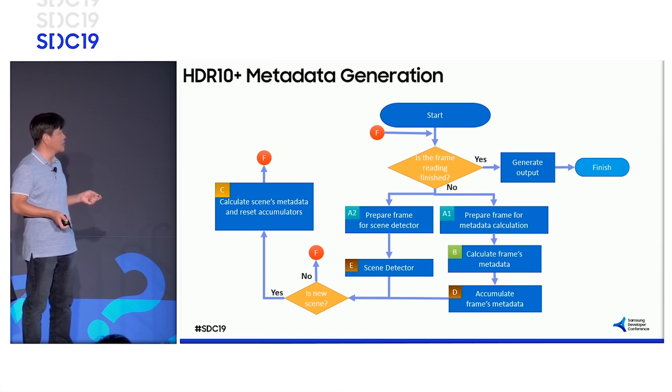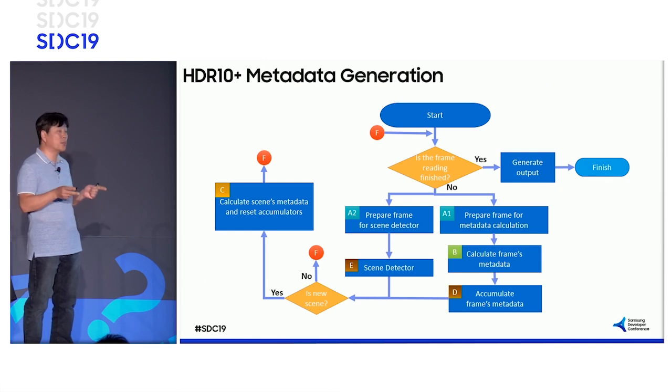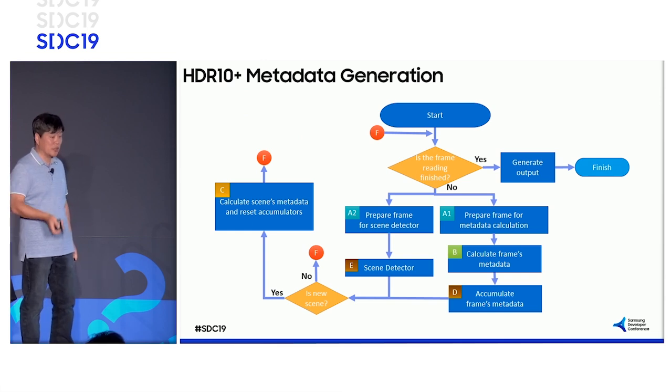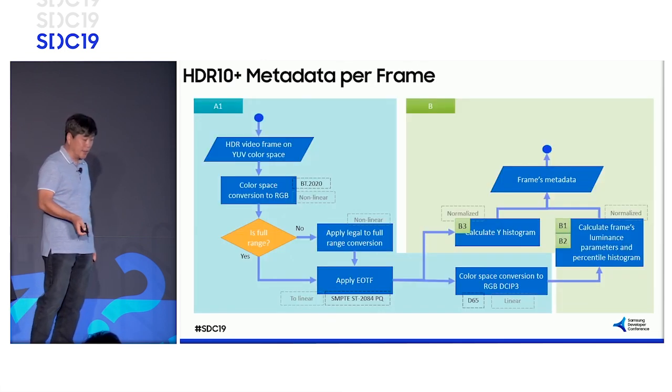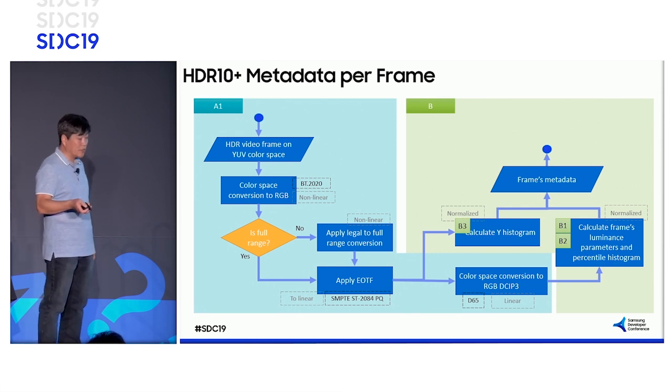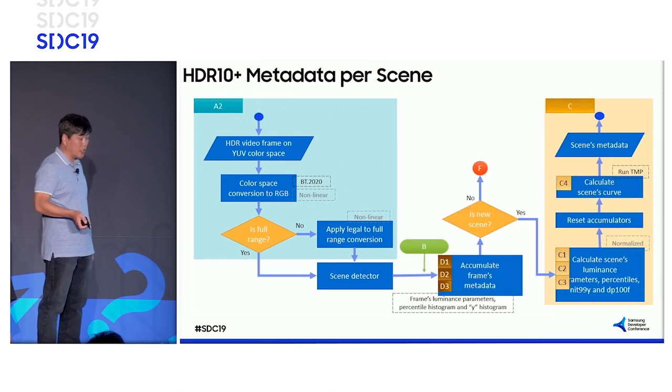And finally, you need to figure out where the boundary of the scene is, so you need to activate the scene change detector. Then you can know, here is the starting point of the scene, and here is the end of the scene. You then process that for each scene, and finally accumulate the information to generate the HDR10 plus metadata. So this is the step for each frame,